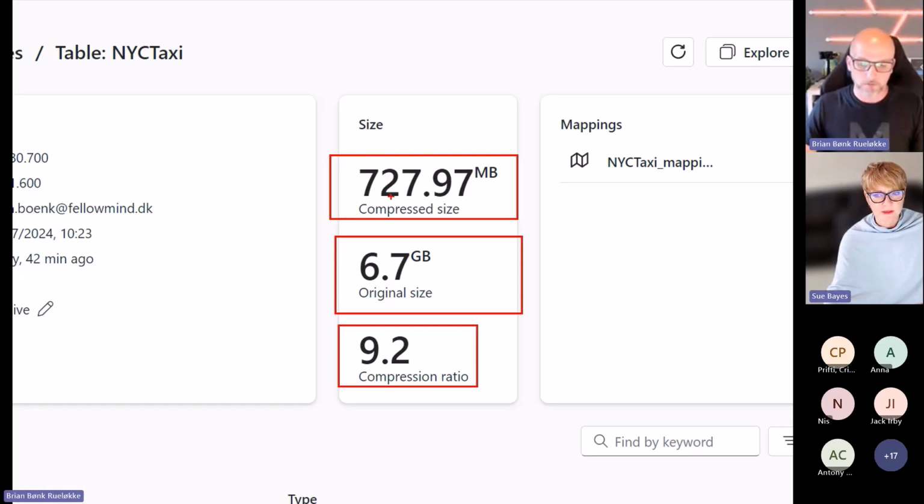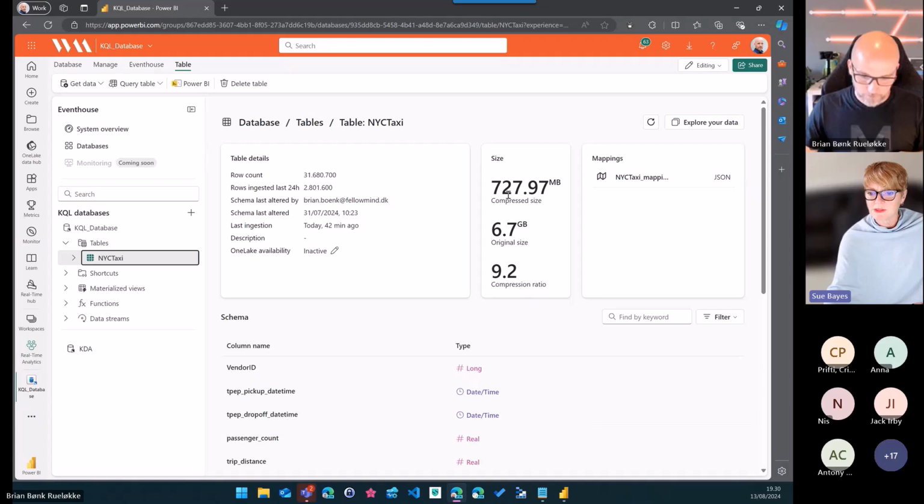So there's a question. Yeah, go ahead. What's the upper limit? Of what? I presume data that you can bring in? I haven't seen that limit breached yet. Yeah, that was the question. But with that said, if you are using event stream, then the event stream has a maximum capacity of 20 megabytes per message.